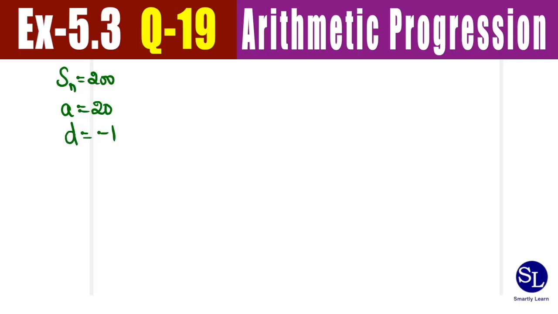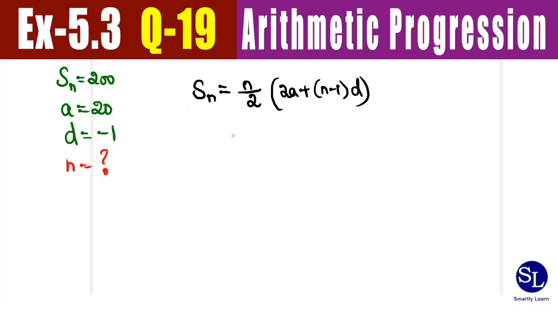So they've asked us what is n, that is going to be in how many rows the logs are in. So we need to calculate the value of n. And given the value of n, we need to calculate how many logs are there in that particular row. So let's see, we are supposed to calculate the value of n. Put the formula of Sn and let's start substituting. So Sn is equal to n by 2 into 2a plus n minus 1 d. So there are totally 200 logs.